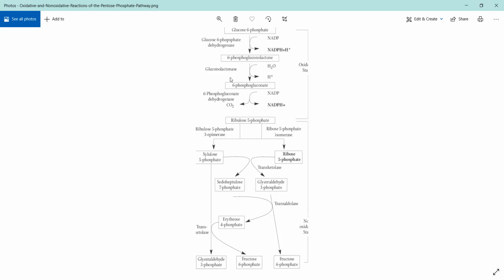Whenever your body thinks that okay, I have enough amount of energy, it will stimulate the production of insulin. HMP shunt pathway stops. If there is not enough amount of energy and glycolysis and TCA are not able to work, it will stimulate the production of energy by stimulating thyroid hormone production and essentially increasing glucose 6-phosphate dehydrogenase. All right, so that is HMP shunt pathway.